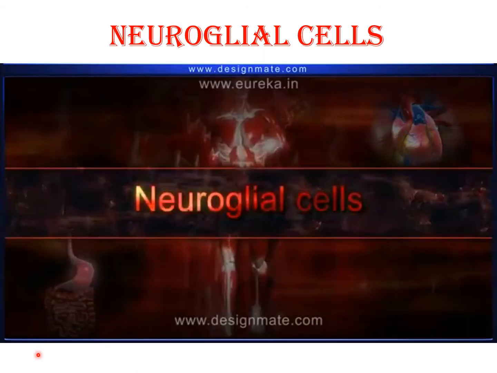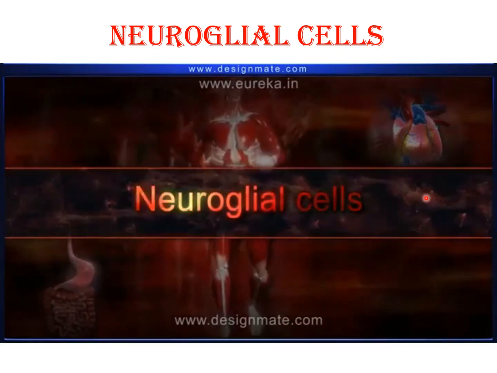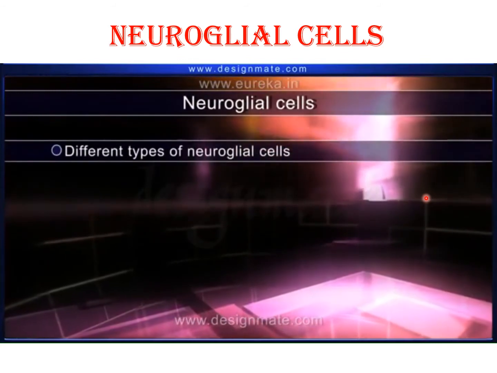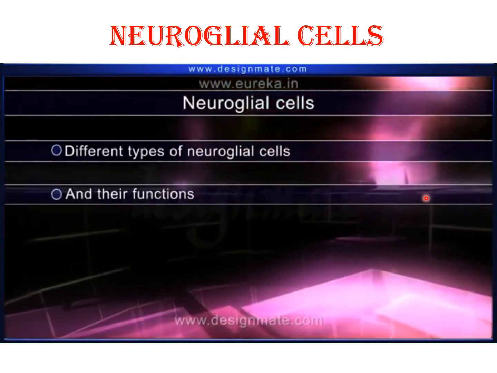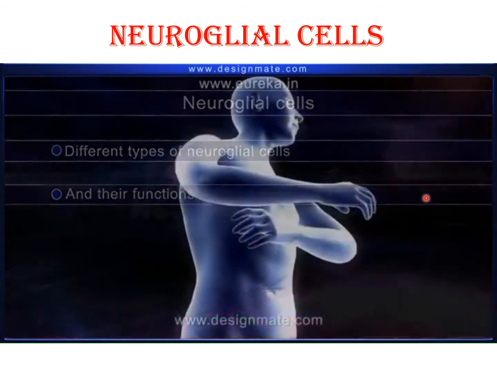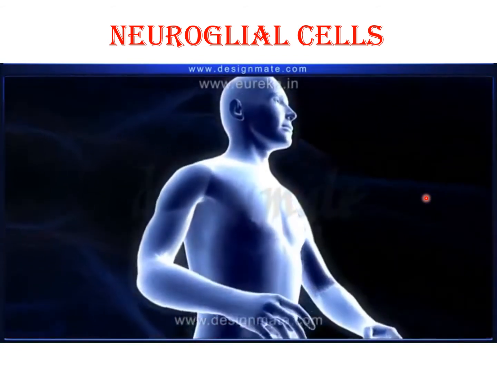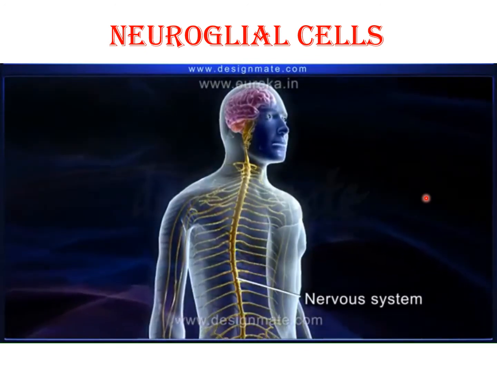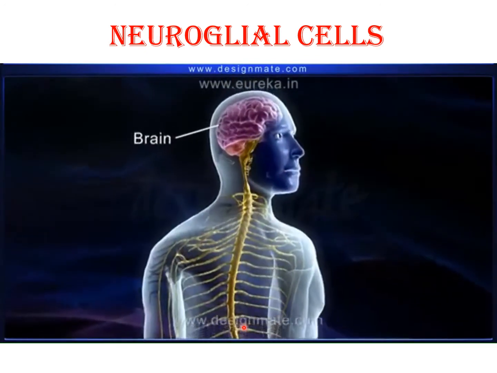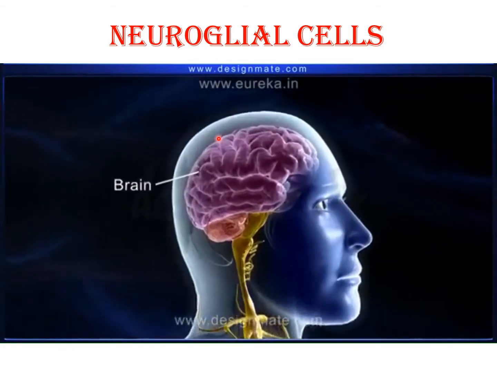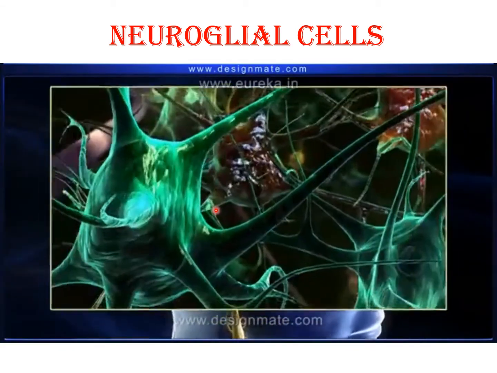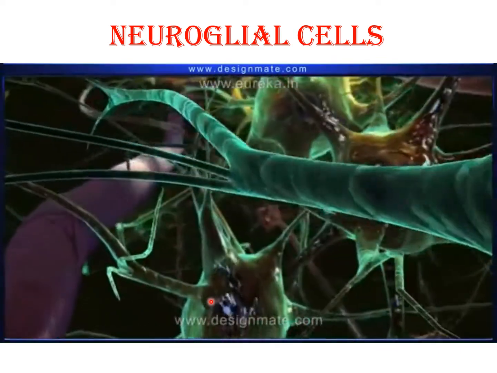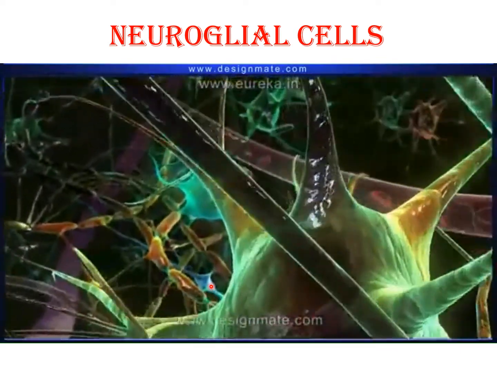So this video is about neuroglial cells. This topic deals with different types of neuroglial cells and their functions. When a human body is made transparent, we can see a network of nervous system inside it. The brain is the most vital part of the nervous system. Inside the brain, we find neurons along with various other types of cells